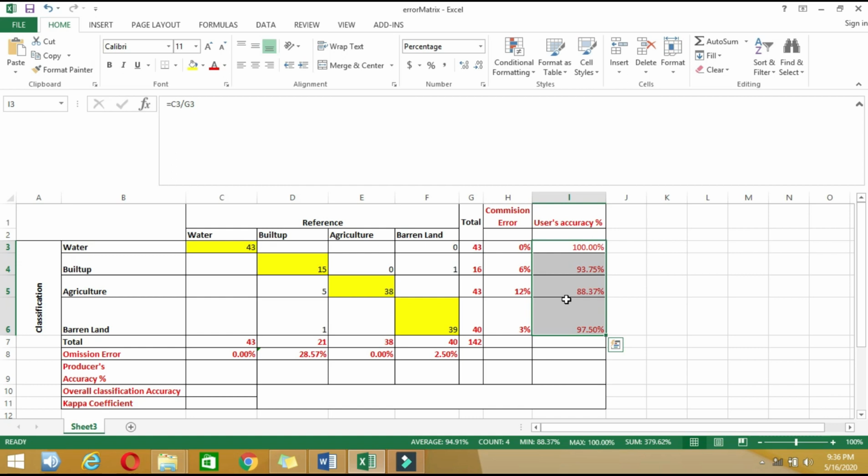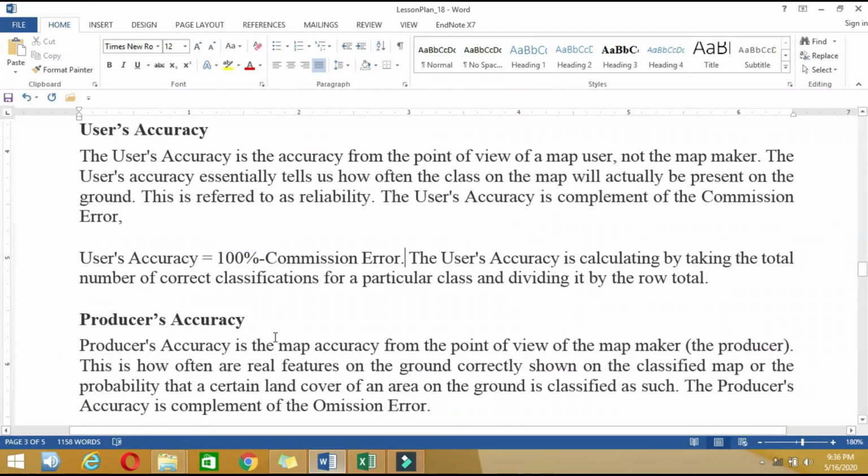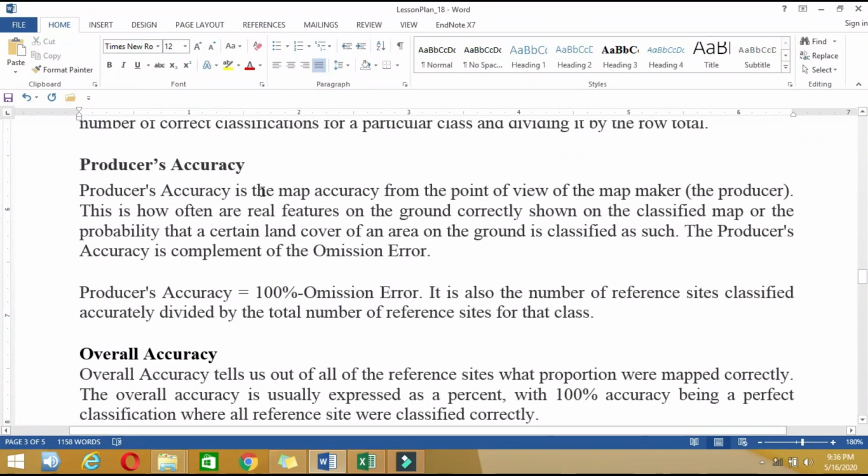Now let's see what producer accuracy is. Producer accuracy is the map accuracy from the point of view of the map maker, the producer. This is how often real features on the ground are correctly shown on the classified map, or the probability that a certain land cover of an area on the ground is classified as such. The producer accuracy is the complement of the omission error. So producer accuracy can be calculated by 100% minus the percentage of the omission error,